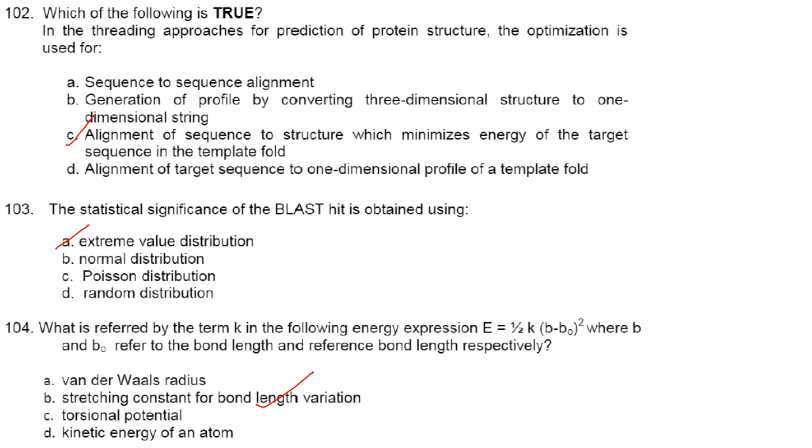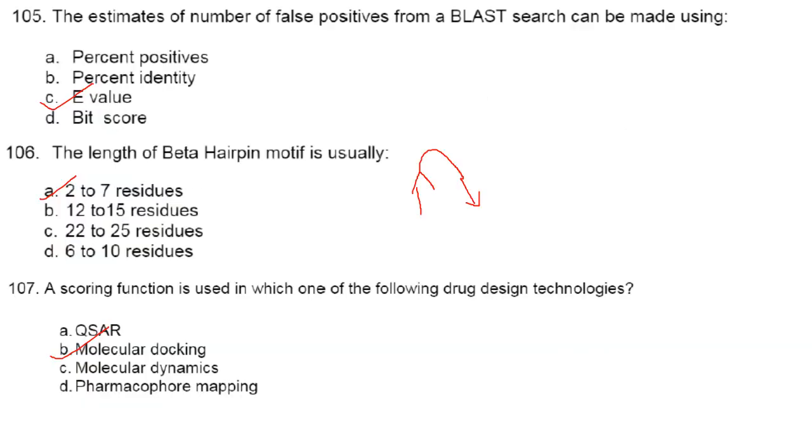Answer is option A. The next one, what is referred by the term K in the following energy expression? E is equal to half K (B minus B0) square, where B and B0 refer to the bond length and reference bond length respectively. So K is stretching constant for bond length variation. Answer is option